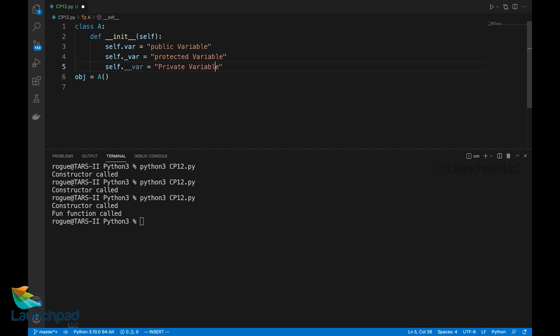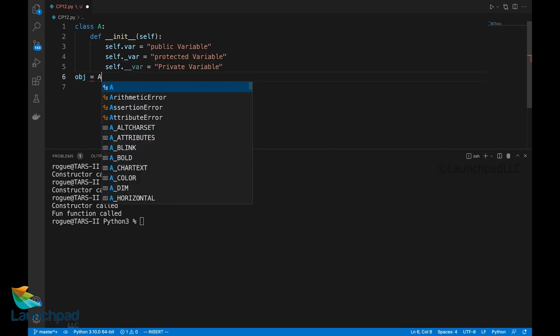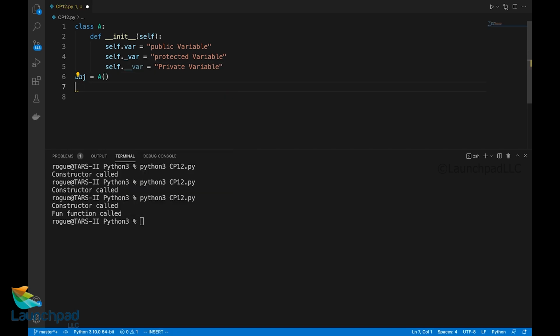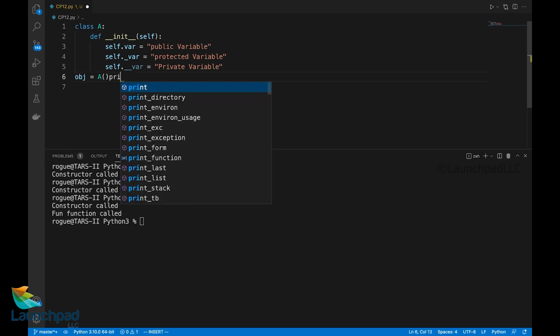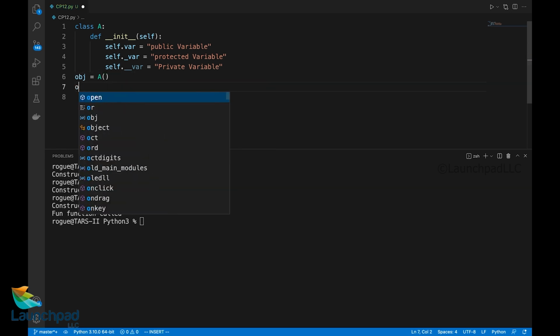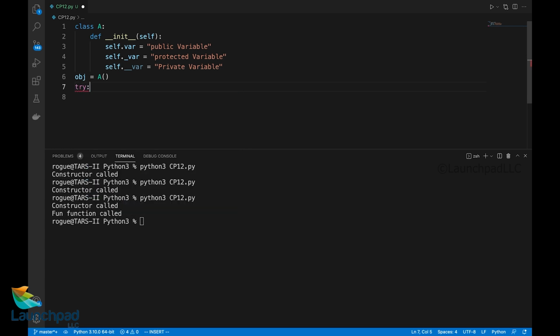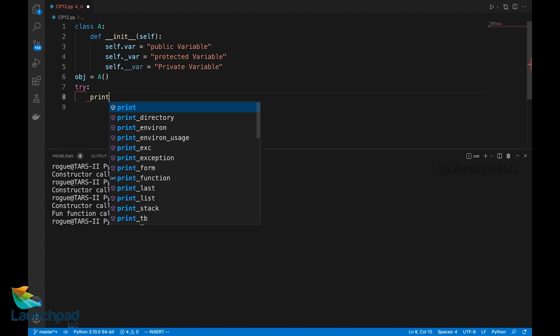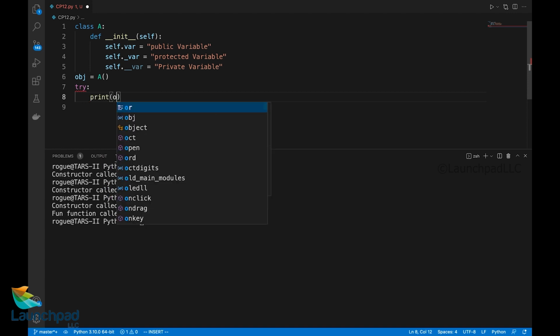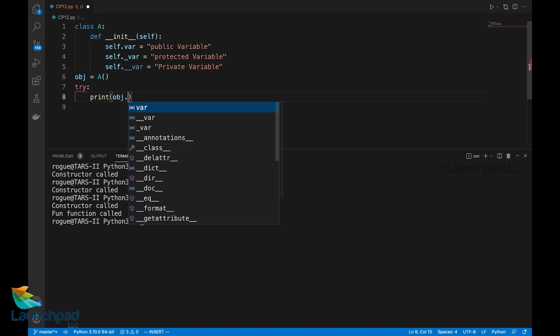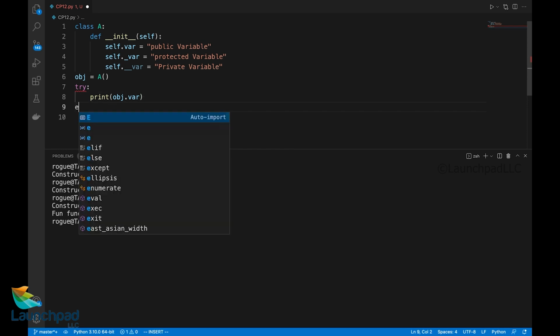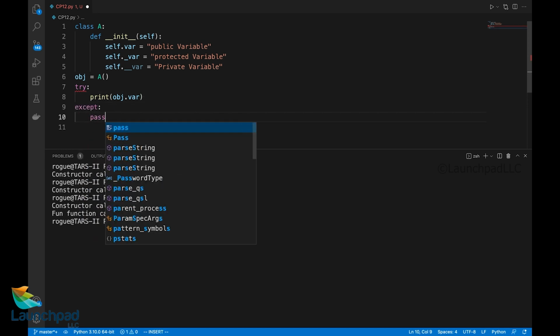Now let us try printing each and every value outside the class. So we will try to use exception error handling blocks here. Try print obj dot the variable, except, I'll just pass.